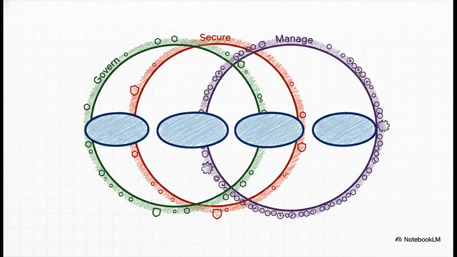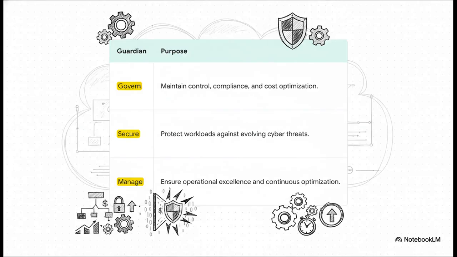Now, here's the really cool part. While you're moving through those 4 foundational steps, you have these 3 guardians working alongside you. They aren't sequential steps. Think of them as continuous processes that make sure your journey is safe, compliant, and well-managed from day one. And these guardians are absolutely crucial. The govern methodology, for example, is what prevents that dreaded bill shock by making sure your costs are optimized. The secure methodology builds security into your environment from the very start, instead of trying to bolt it on as an afterthought. And manage is all about operational excellence, making sure everything just runs smoothly and efficiently. They are always on, always protecting your investment.